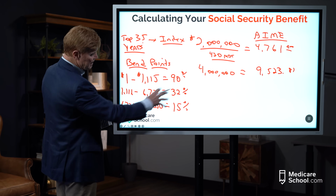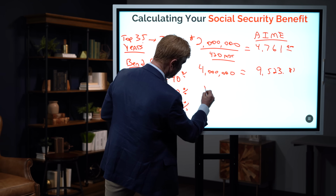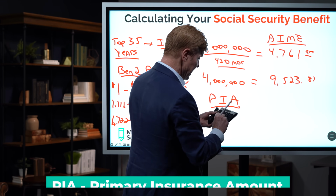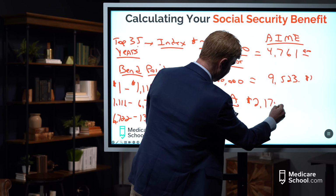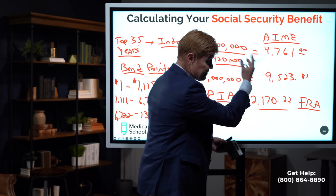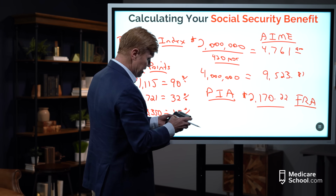All right. These bend points are applied to our average indexed monthly earnings, and that number determines our full retirement age benefit, which is called your primary insurance amount. So in these examples, and I did this in advance, the primary insurance amount for this person would be a Social Security benefit of $2,170.22 at their full retirement age. Now, they may not take it at full retirement age. They may take it before and get less, or they may take it later and get more. Now, this person who had that higher average monthly index,